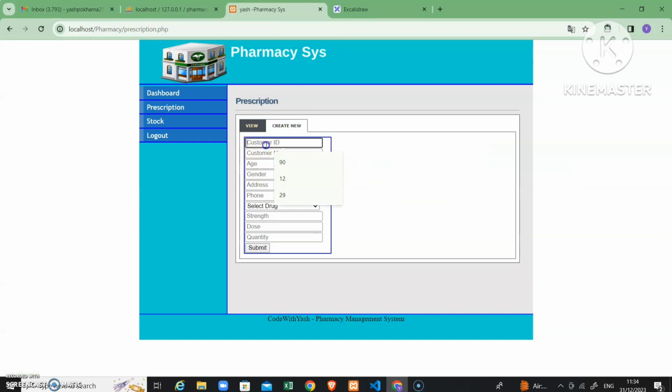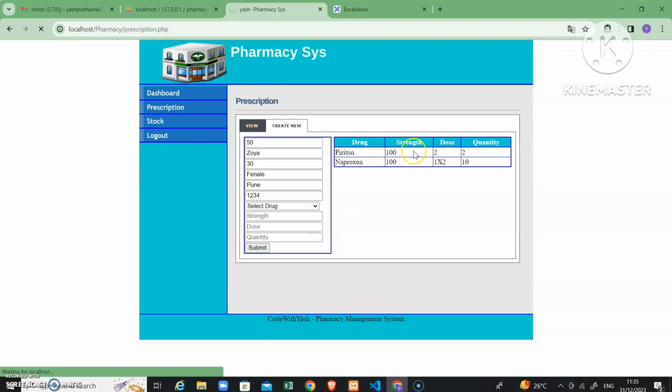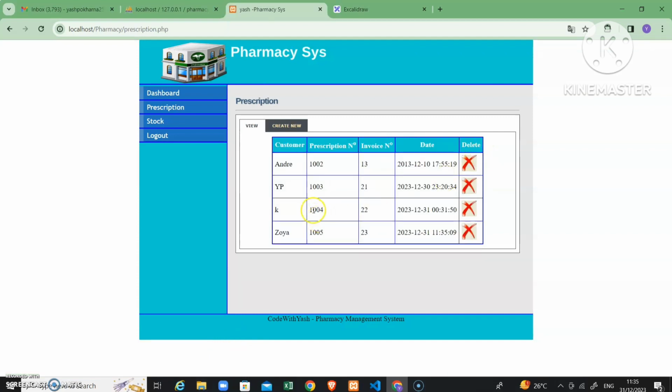We'll give one ID to the customer. He will select the particular drug that he or she wants to give. Then click on the submit button. So as you can see, a new prescription is added.